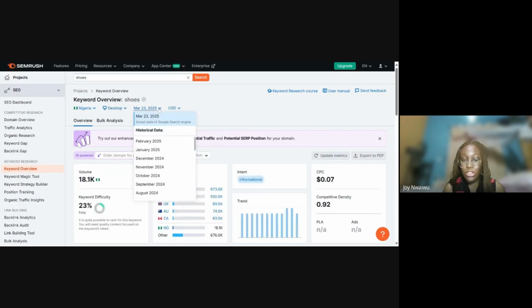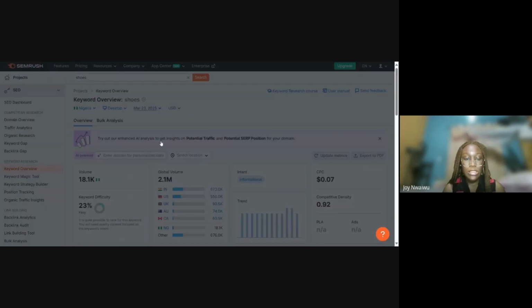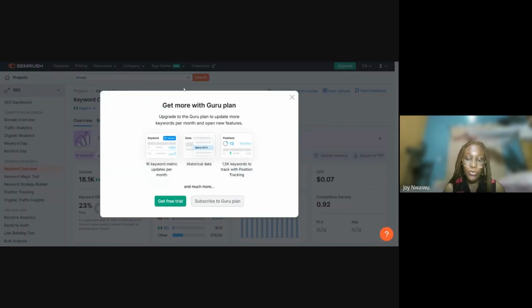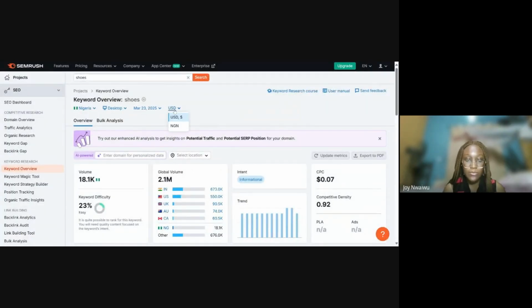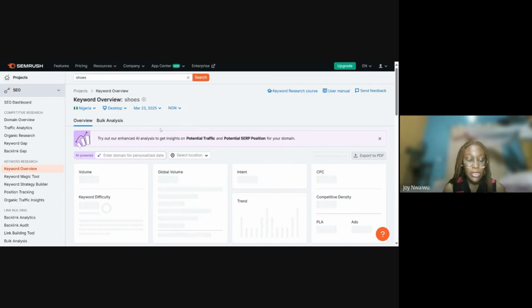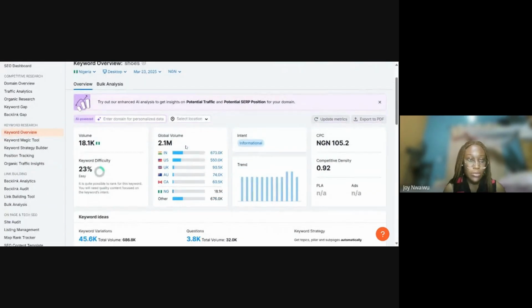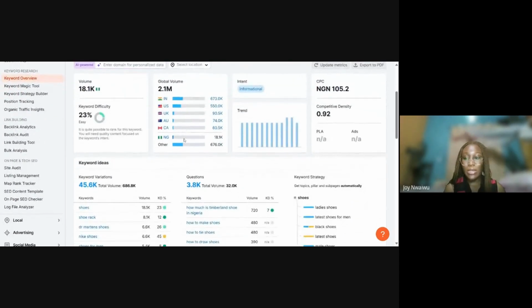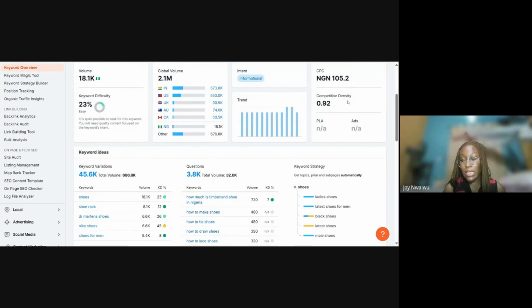Okay, and it's also giving you the keyword search volume for today, the actual date. I think you can also check historical data. You can check what it was like in previous months, but obviously you would need a premium or pro plan for that. You can also switch between currencies here. Not sure this is of much relevance, but just to show you how much you're able to customize it to fit your search query and what you're targeting.